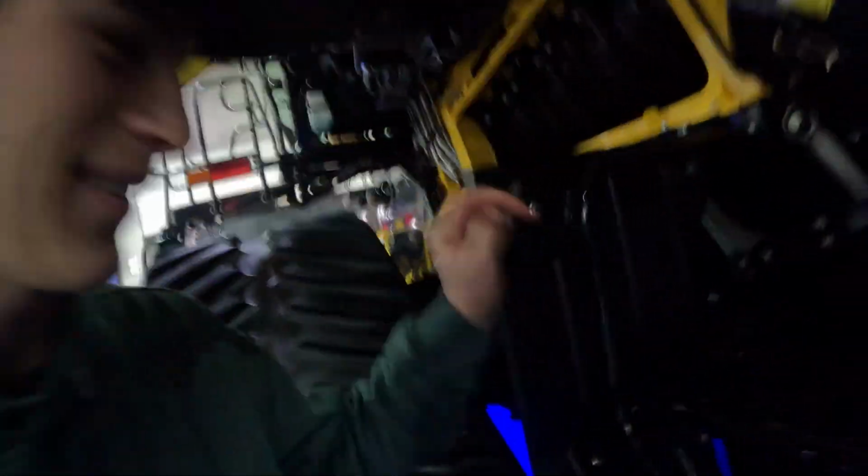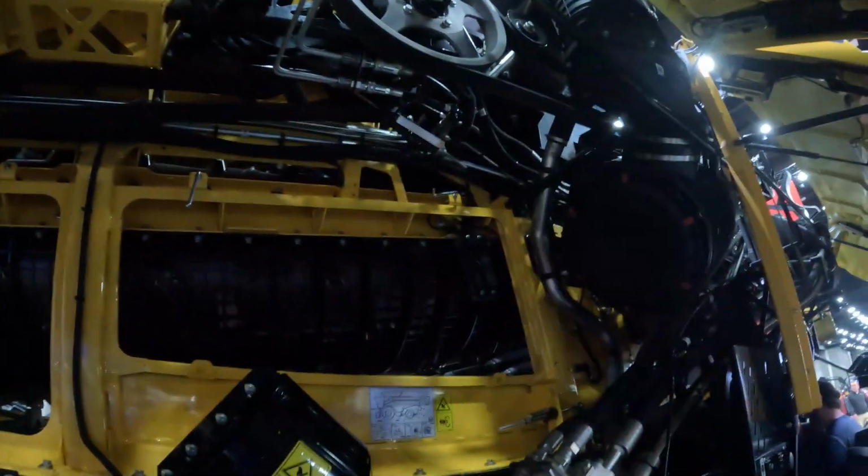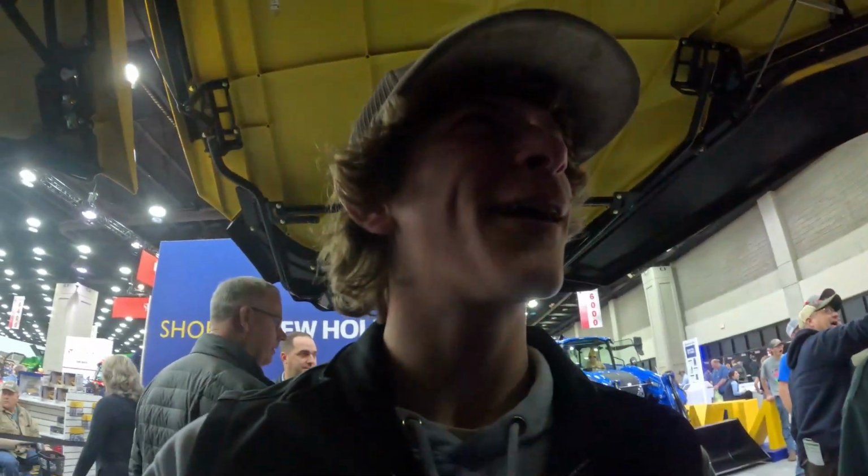Alright, so we're here at the New Holland combine. I mean, it's pretty clean, right? You can see it's a Brad clean combine. And Brad's like, it's used. So show them how you know it's used. I found some dirt right here. Of course. And then I looked up and I seen there's some dirt up there. So I guess they had trouble finding a new combine. Leave it to professional combine cleaner Brad. They don't actually cut the corn, they just...